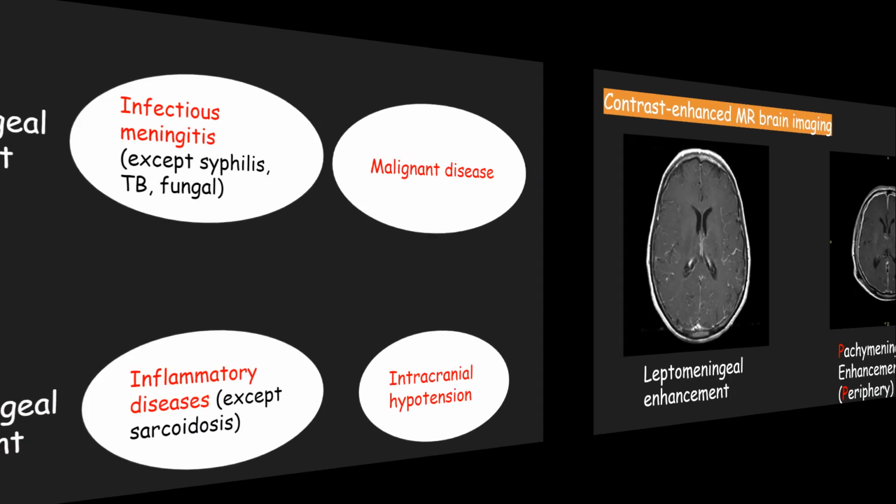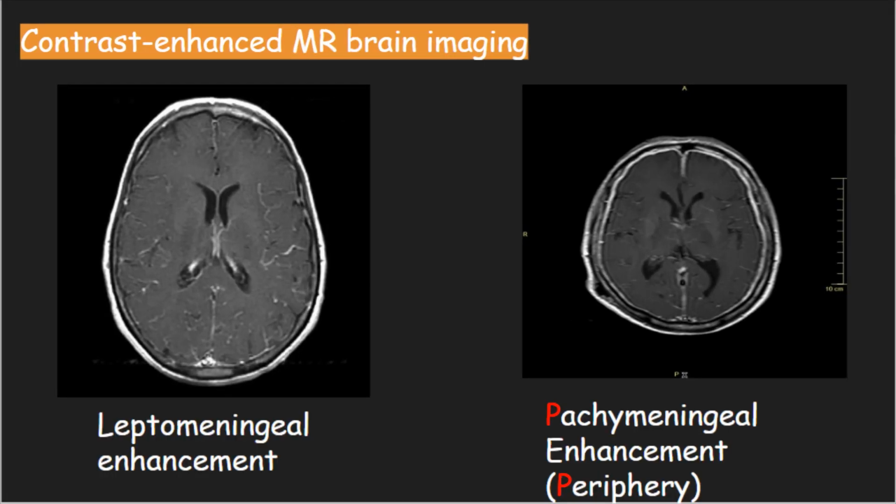Notice little white tracks which involve deep brain structures versus only peripheries in case of pachymeningeal enhancement. Infectious and malignant conditions spread, so you can remember spread from surface to the deep layers of brain in case